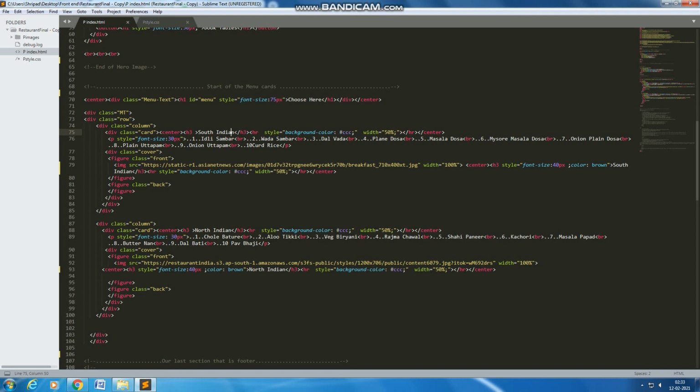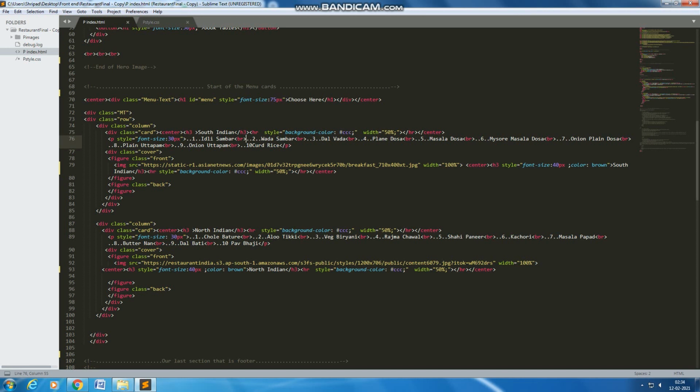Then I have given just basic styling like a background color, width, etc. Then next we have our p tag. This p tag is basically if we want to just normally write something. For that we usually use the p tag for basic text writing. After that we have used a font size of 30 px, and we have just used br tags in between and written down the entire menu. The br tag is actually an empty tag that, as we all know, doesn't have any closing tag. All it does is to push our cursor to the next line.